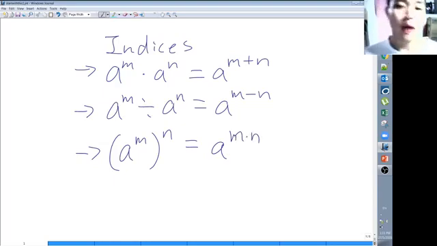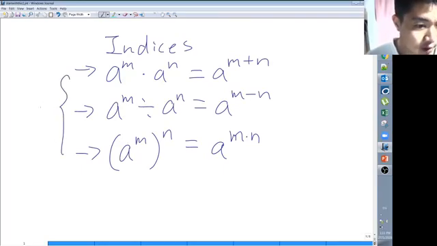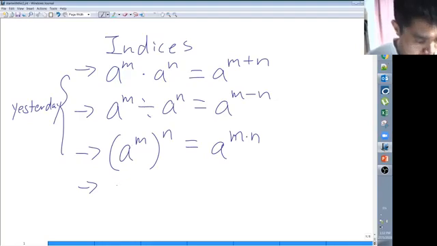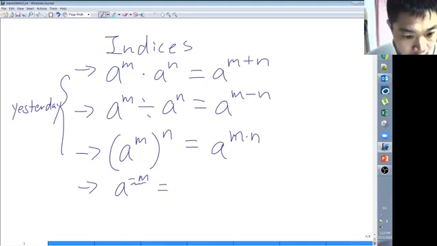Okay, so I hope you understood what I taught yesterday, and today I'm going to move forward and introduce to you a few more indices laws. So these were taught yesterday, and let me add on to this list of indices laws. We are going to talk about negative index. Okay, so if you have a to the power of negative m, and if you want to convert it